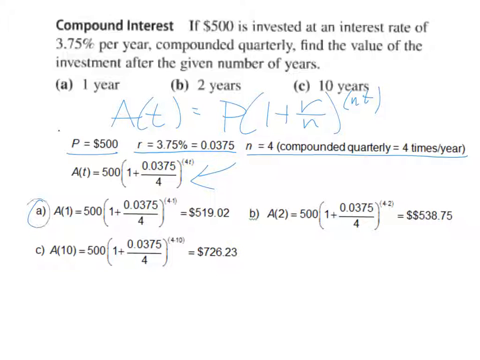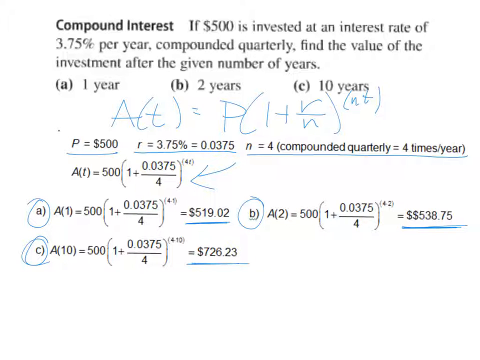So part A, we fill a 1 in for the t, plug all that in the calculator, and we get $519.02. Part B was 2 years, so we fill a 2 in for t into the calculator, $538.75. I don't know why there's a double dollar sign there. And then part C, after 10 years, we fill a 10 in for t into the calculator,